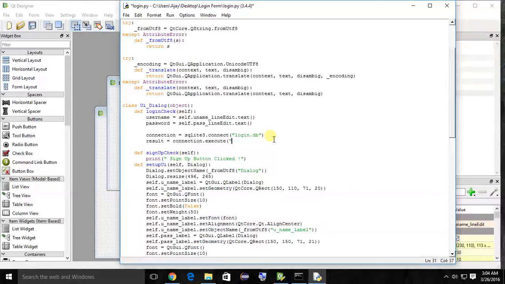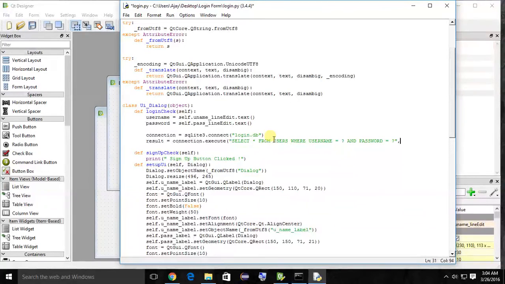So select star from users, the table name is users, where username equals question mark and password equals question mark.